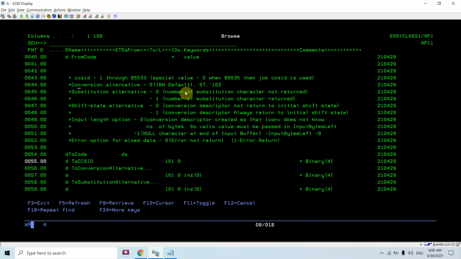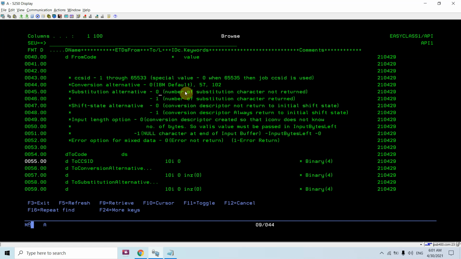Conversion alternative is basically 0, 57 or 102. These are for some other purposes. Here we are passing 0, which is the IBM default, so we are using the default one. You can look for 57 and 102 as per your need on the internet. Substitution alternatives are 0 and 1.